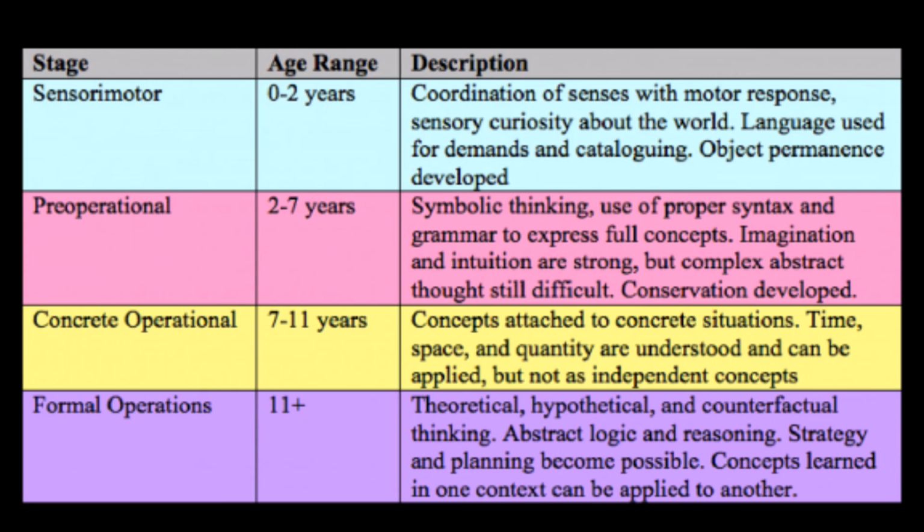And then there is Piaget's theory. It is called Piaget's cognitive moral development, and it really focuses on children's understanding of right or wrong. It has four stages: the sensorimotor stage, pre-operational stage, the concrete operational stage, and formal operational stage. Now this is characterized by age groups, as can be observed right here.